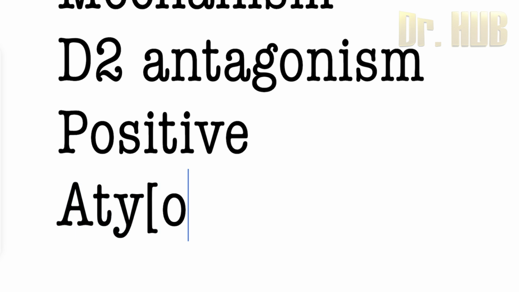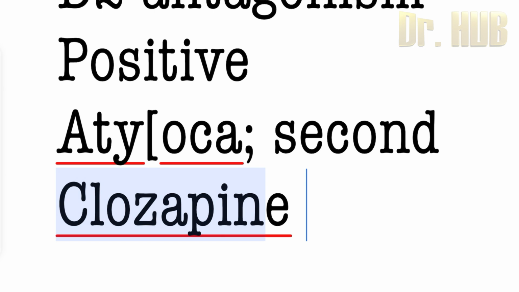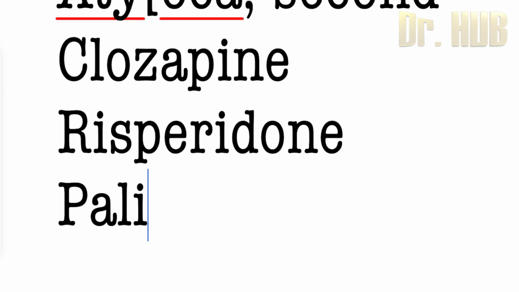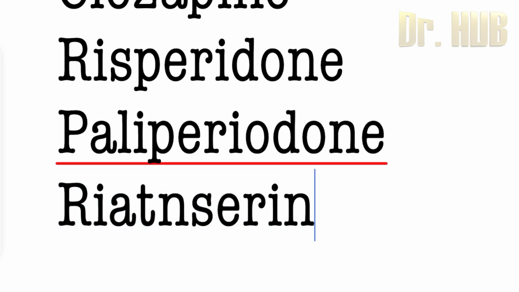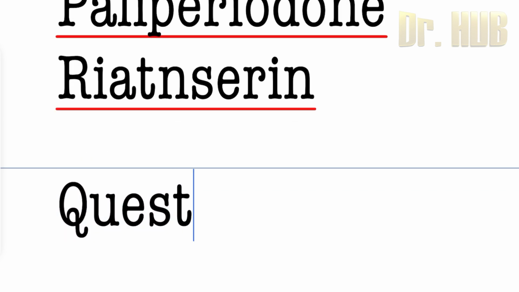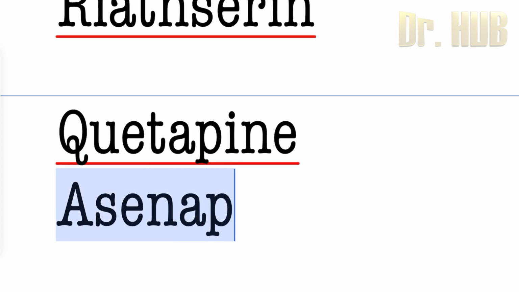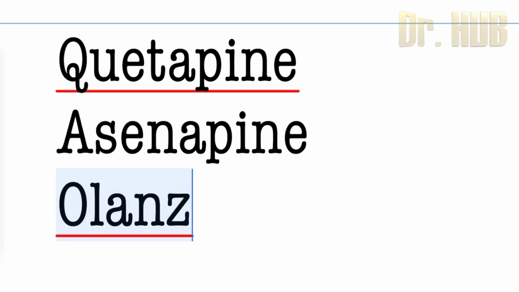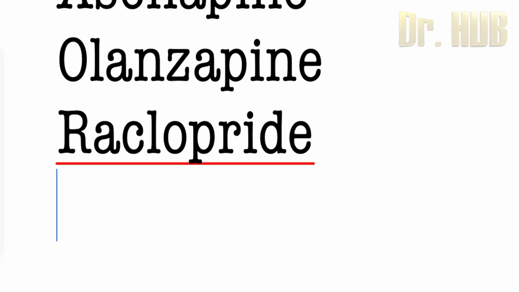Then on the other hand, there are the atypical or second generation antipsychotics. So they include clozapine, risperidone, that is the most potent, then paliperidone, ziprasidone, ritanserin. Next is quetiapine, asenapine, aripiprazole, olanzapine, sertindole, raclopride, then comes lurasidone